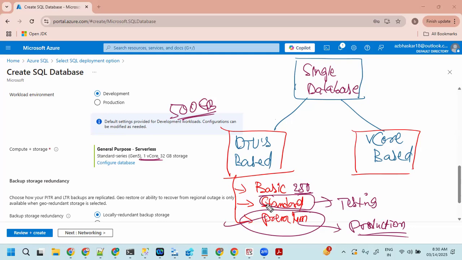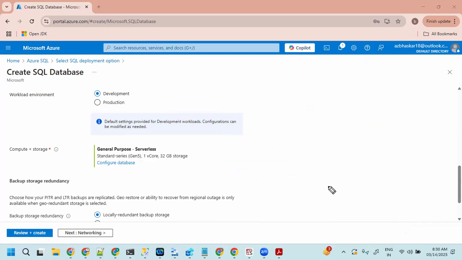If they ask what kind of DTU-based purchasing model you're using in your project, you can say DTU-based premium. Most of you are not going to have control to see it, because this will be controlled by administrators. I got to know because I handled that particular database. Whenever I required, I increased the number of DTUs, and whenever I needed to reduce the compute, I reduced it. For the time being, just keep in mind we have two different types of purchasing models when you go for compute and storage.